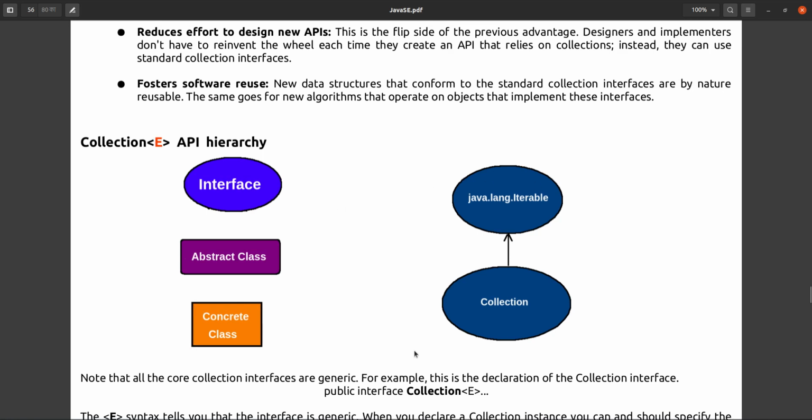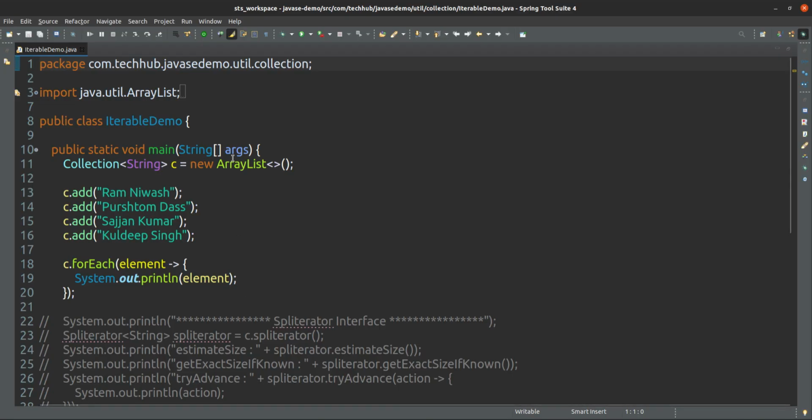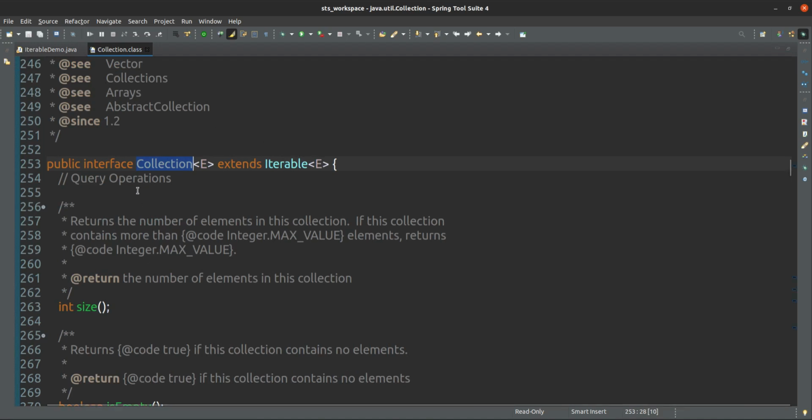Okay, and if you see this hierarchy of inheritance, Collection is inheriting the Iterable interface. If I see this code, this is our Collection. Collection is an interface that is a generic type.